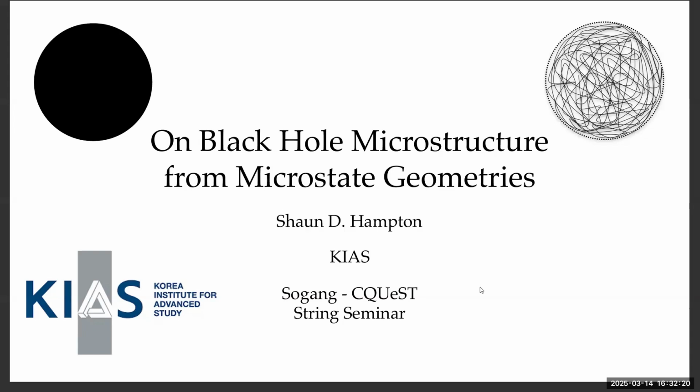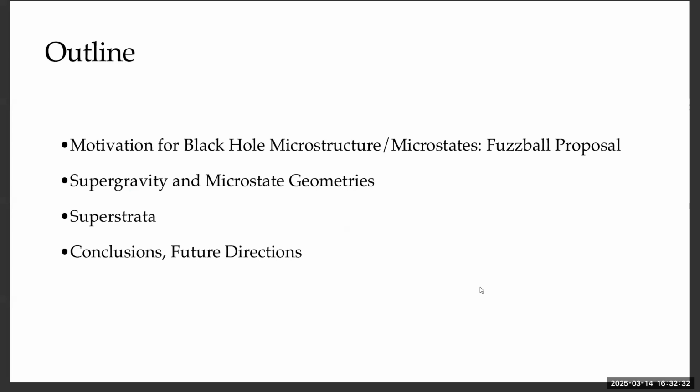So today I want to talk about what is lack of microstructure and how to understand that maybe from a geometrical perspective. Here's my outline. I'll try to motivate why we should be concerned about this problem, or this set of problems. What is black hole microstructure, microstates, and then I'll briefly touch on a framework that we use called the fuzzball proposal. Then I'll outline how we can use supergravity to try to understand something called microstate geometries, which are geometrical